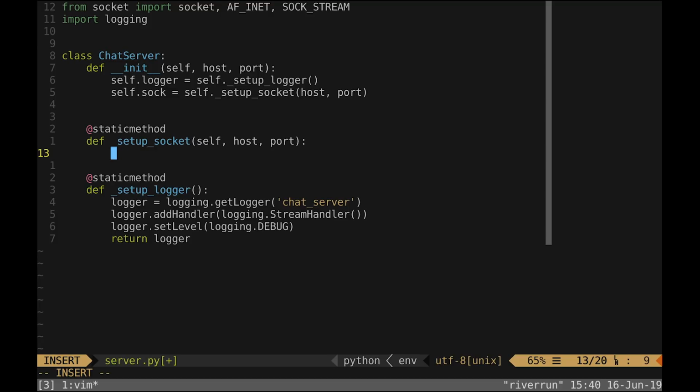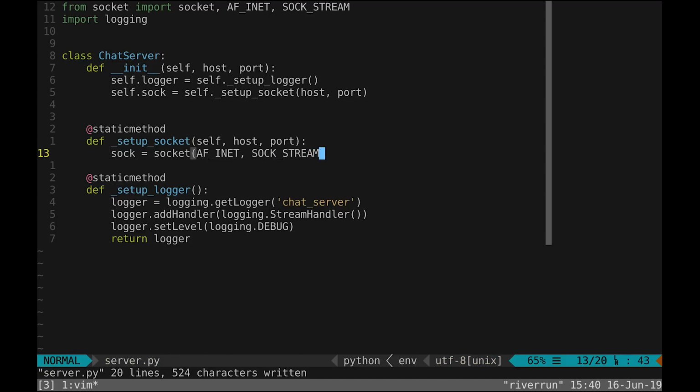Okay, cool. So here's where we're actually going to be using Python's socket implementation. So let's store that in a sock variable. So this is socket, which is imported from socket. And what we'll do now is tell socket what type of socket that we'd like. So we're going to use this AF inet, which is basically internet address family, and sock stream to tell us